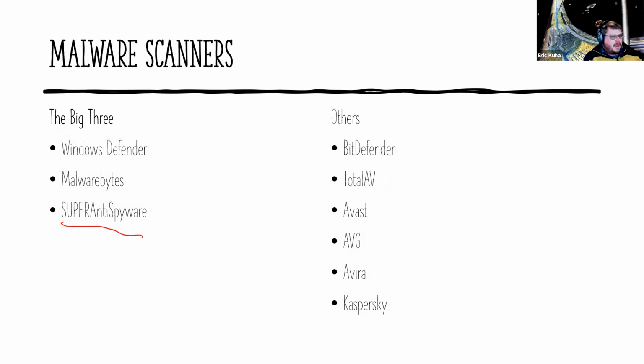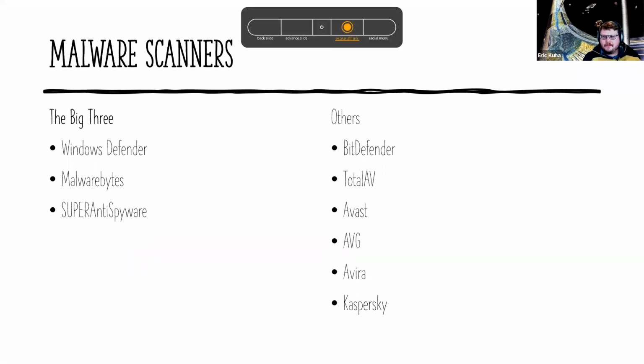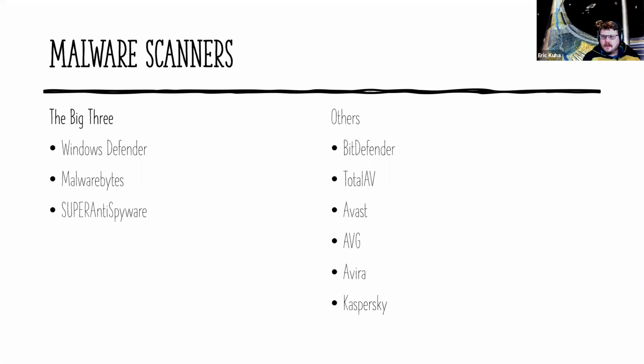And then Super Anti-Spyware, which targets a different kind of malware, which is malware that doesn't really do anything except spy on you. And lots of companies do this just as a matter of course. They'll install cookies and things on your computer that track your browsing, and these don't hurt you, but they do expose your personal information. So running Super Anti-Spyware to periodically clean all that stuff out so that nobody's tracking you anymore isn't a bad idea.